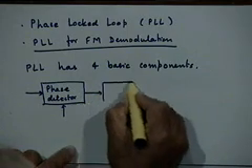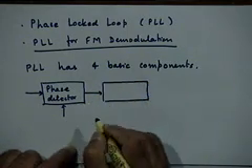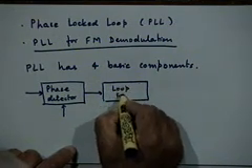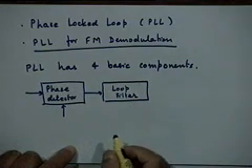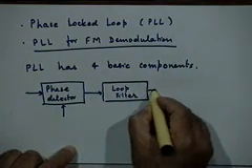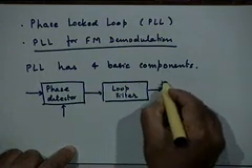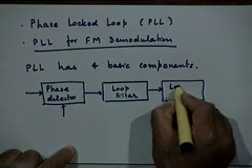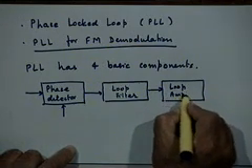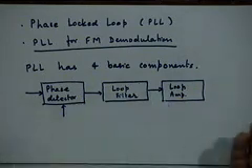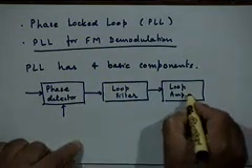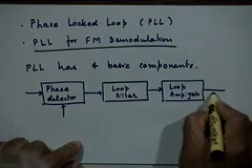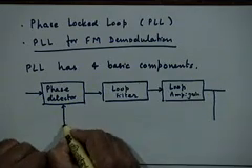This is followed by a filter which is called a loop filter. Right. We may also have some amplification in the loop, so we call it a loop amplifier. Sometimes this is clubbed together with the filter, and so the filter itself has some gain, right. So it has some associated gain, and then you close the loop like this.